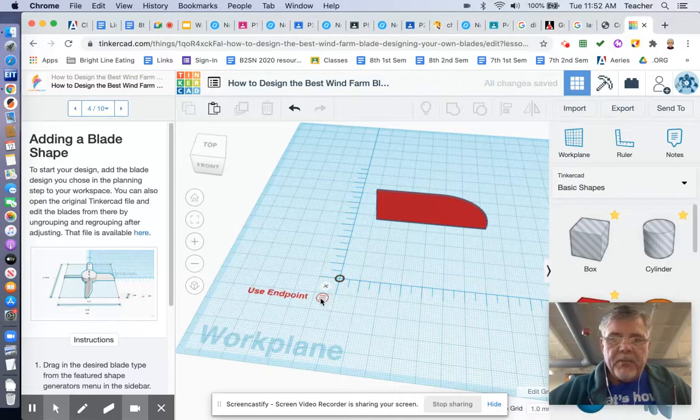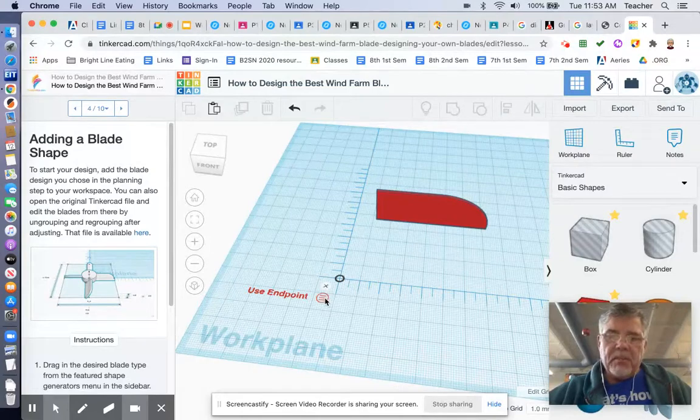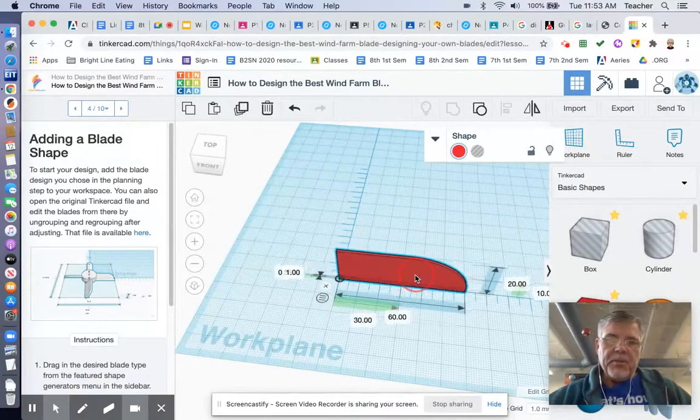And here, you'll want to click when it says use midpoint. You'll want to click on it so that it says use endpoint. You're actually using the midpoint. When you click on it, it does whatever the word says. But I'm going to show you how we're going to use everything to line up to the midpoint of this object. So what I'm going to do is I'm going to bring my blade in,